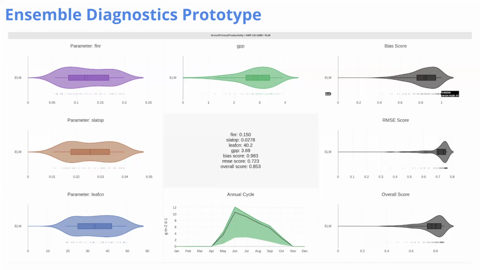And this plot in the bottom center, this annual cycle, is something that's redrawn as you move across all of these various parameters, and you can see how well you match the annual cycle that's actually coming from the observations. So this gives us a nice way to play with parameters, do lots of simulations, and then evaluate that output and try to understand what's the compromise between all of the parameters that go into this model that give me the best combination for whatever my target is. And in this case, it's that annual cycle of gross primary productivity.